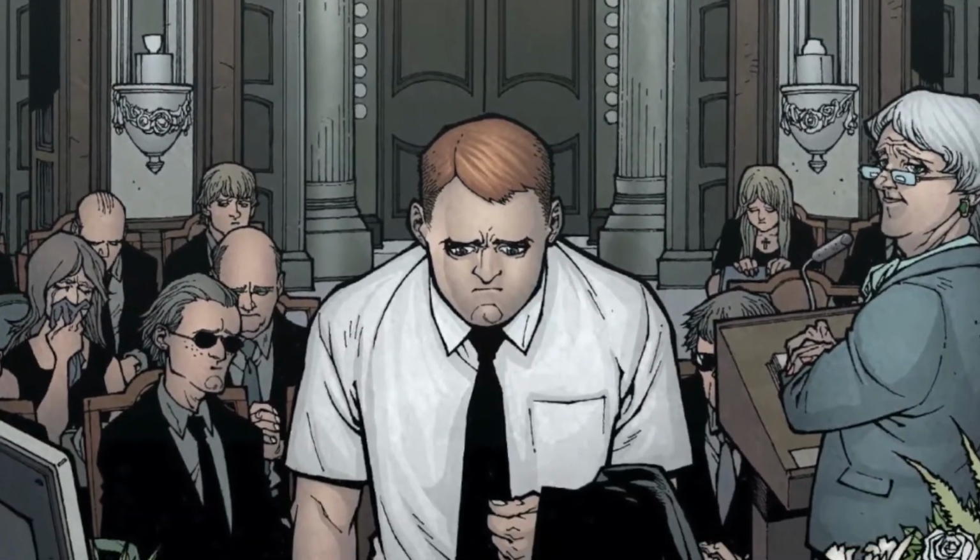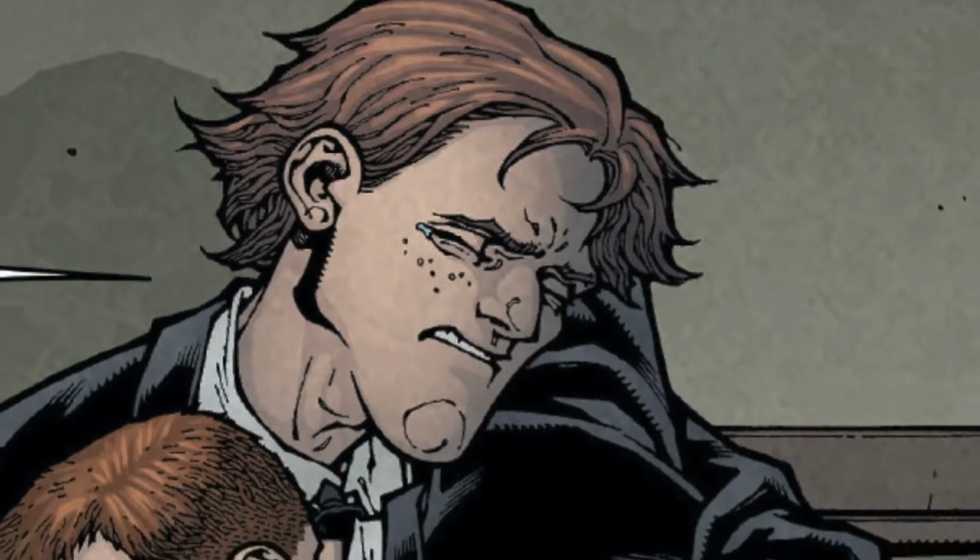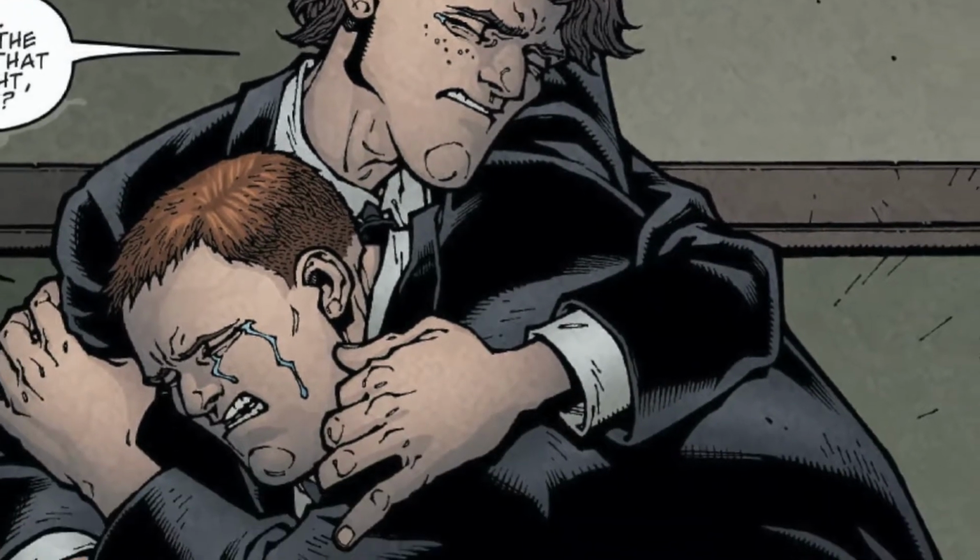Tyler is standing at a funeral looking at a red urn. Cut away to the end of a hallway, we see Tyler sitting on a bench and a couple people trying to console him. And after those 2 people try to help Tyler go through his misery, we are introduced to Uncle Duncan, who Tyler just loses it on, and Duncan just ends up hugging him and Tyler is just crying into his arms. And after that we go back to the past when Rendell and Sam are in this confrontation